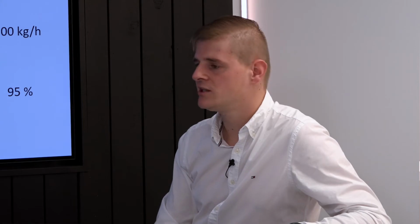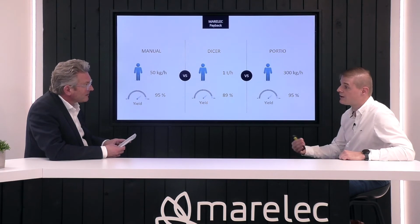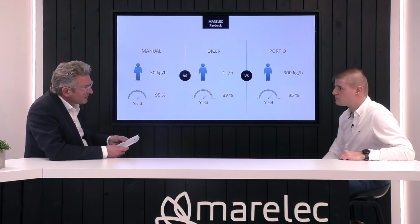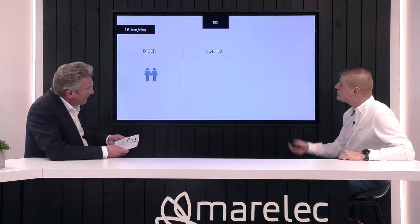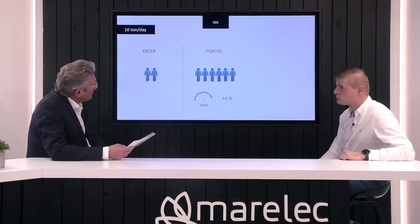Yep. Well, actually, the fact that you'll have a 6% yield increase will overrule the fact that you need more labor. But on the other hand, often you will require less labor after the portioning system compared to the dicer. But I'll come back on that later on. First of all, there's an example here of what you would get out of your numbers if you would portion 16